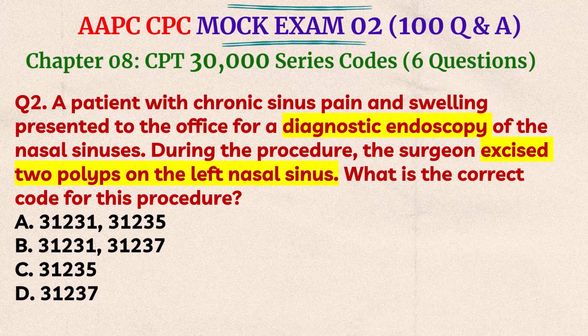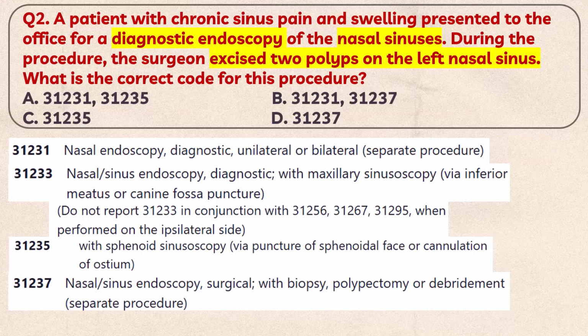So when you look at the answers, all answers are adjacent answers. For the exam purpose, you can use the elimination method. Once you go to the codes, you can see 31,231 is nasal endoscopy, diagnostic, unilateral or bilateral. So initially the procedure was done as a diagnostic endoscopy, so this code represents that part. But after that, it turned into a surgical procedure. So the next code is